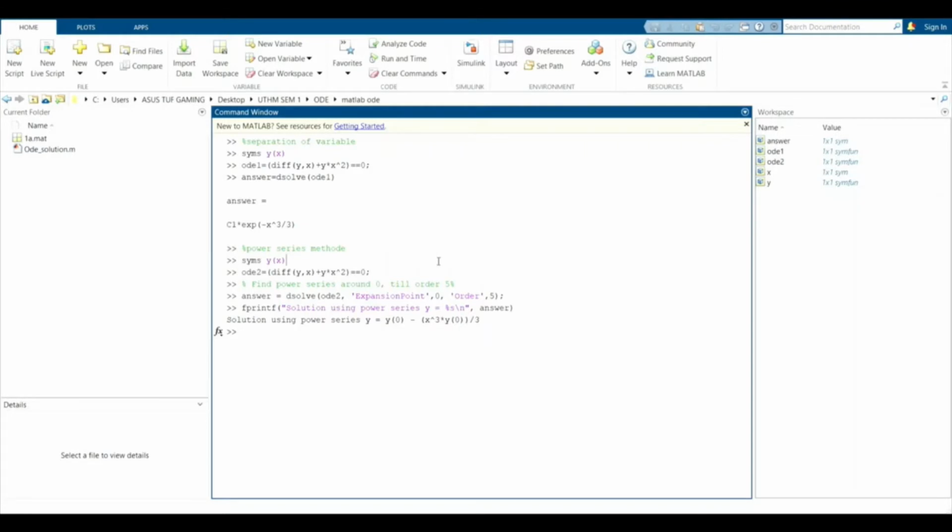For the power series method, it is also the same, only changing this part, which is solving with ODE2 and an expansion point. We find the power series around the expansion point up to order 5, and the answer we get is this,